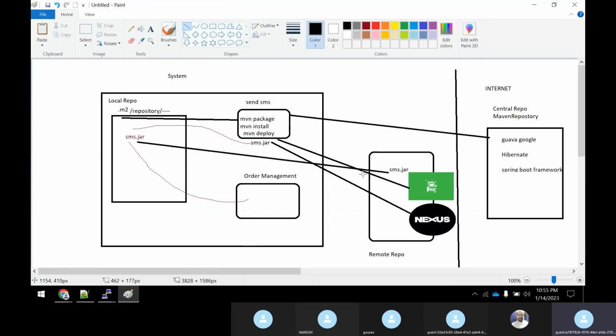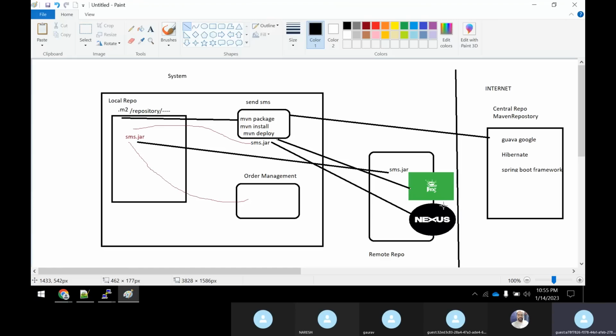So deploy means that you are trying to deploy. Suppose you said, Rajesh, I am trying to develop an open source project only. I'm not using it for any organization. I'm trying to build my own Java application, and I want to make it an open source project. Then if you're doing a Maven deploy, it has to copy the jar file into the central repository. If you're doing mvn deploy there, it will go and sit in the central repository. It will try to copy that jar file.